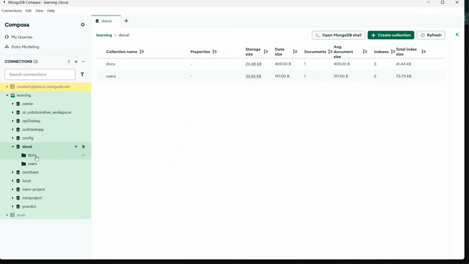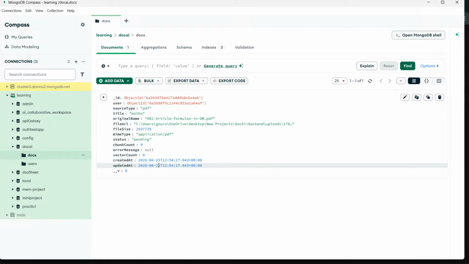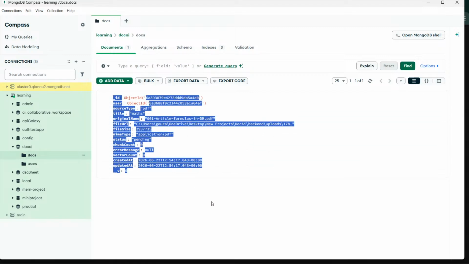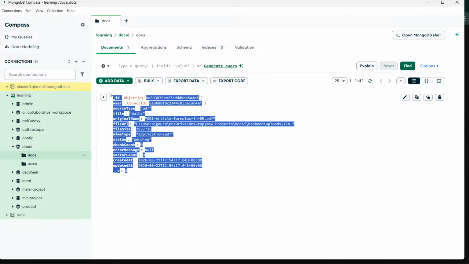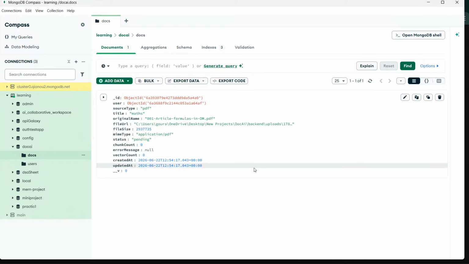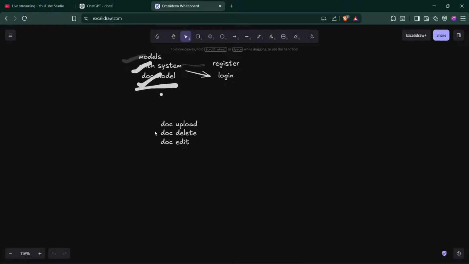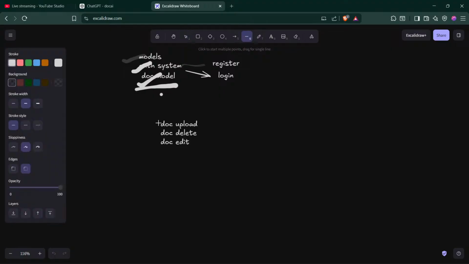Docs, AI docs. Okay, we are getting this. So now the user can upload the PDF here. This part is done.